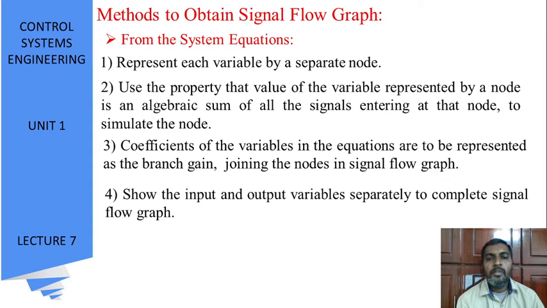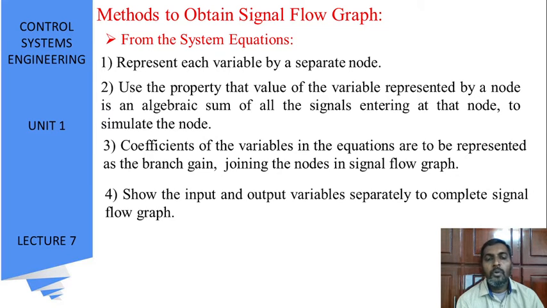So first, represent each variable by a separate node. Suppose they have given V1, then make V1 a separate node, V2 a separate node, V3 a separate node, V4 a separate node, like that. So use the property that the value of the variable represented by a node is an algebraic sum of all the signals entering at that node. That means we need to identify and represent all the nodes that are coming towards that